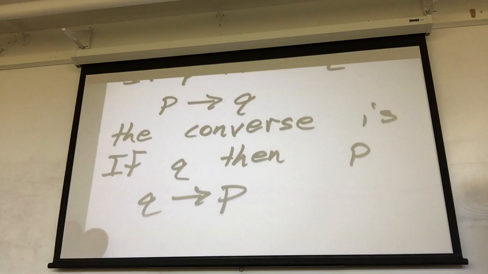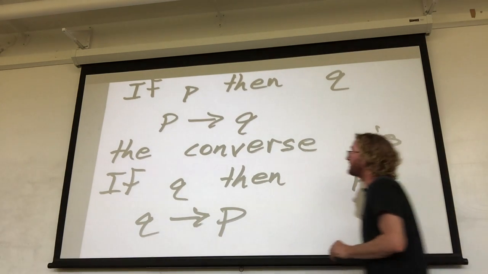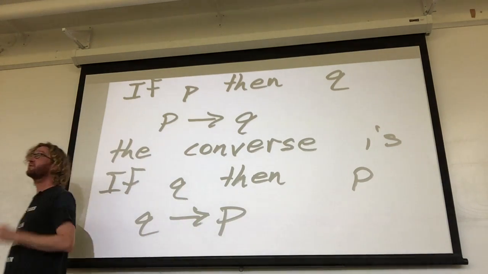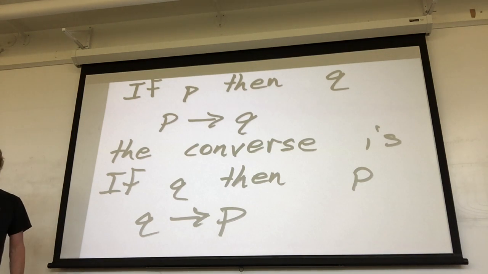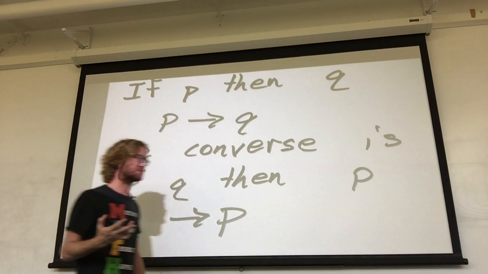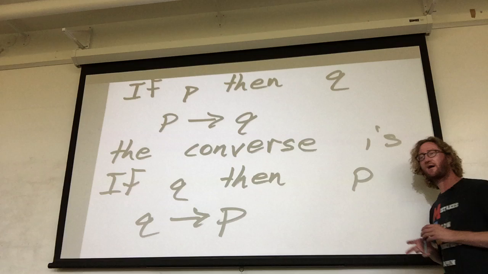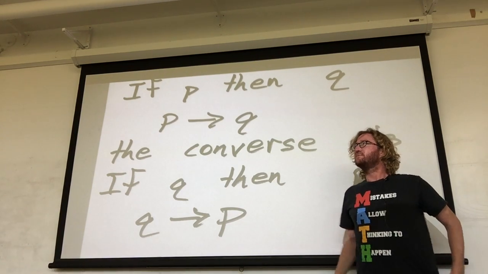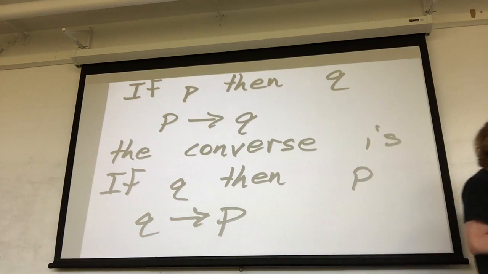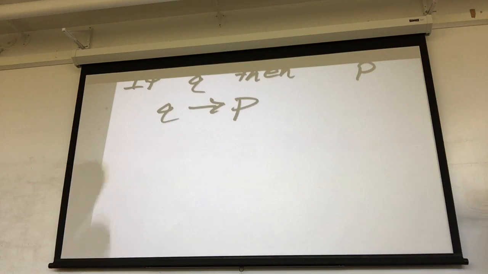Okay. Now, when it comes to just a normal statement, if P is true, then Q is true, and its converse, the converse does not have to be true, okay? It's just going from one argument to the next, okay? So, one of the main ways that we talk about the converse in terms of calculus, I know this is getting a little outside of the realm of Greek, but if we're talking about logical arguments, this makes sense in my mind for a way to talk about this. Okay? So,